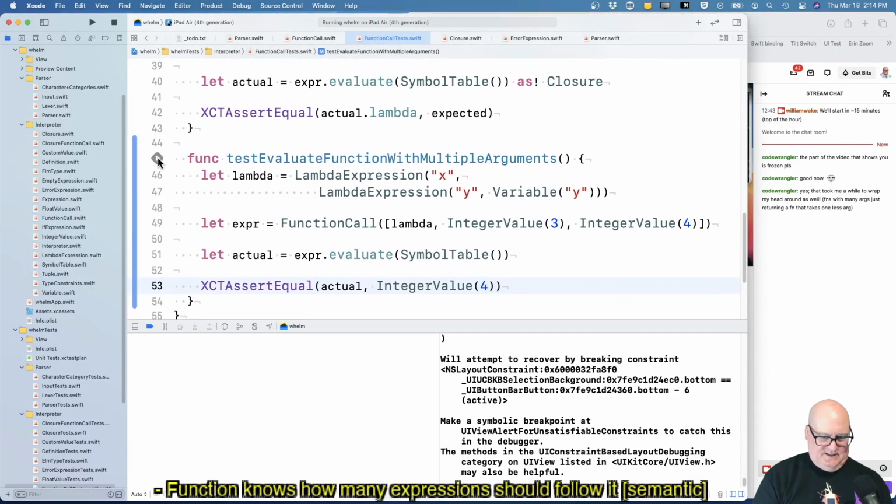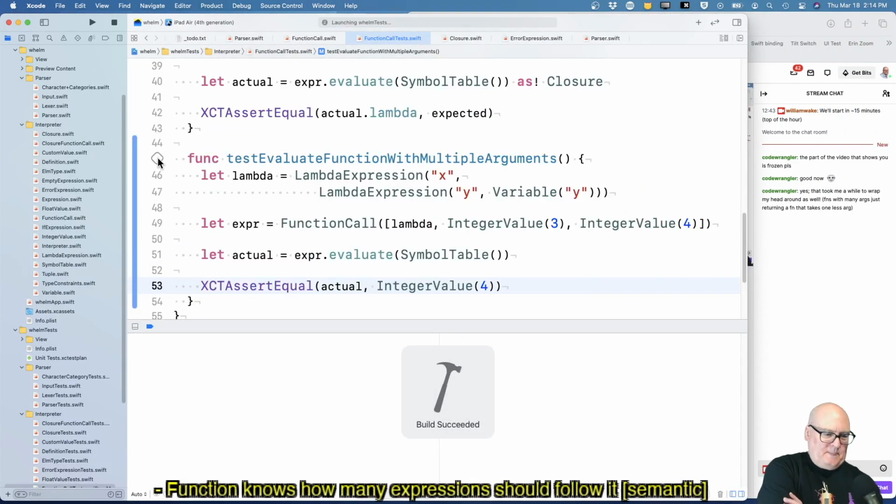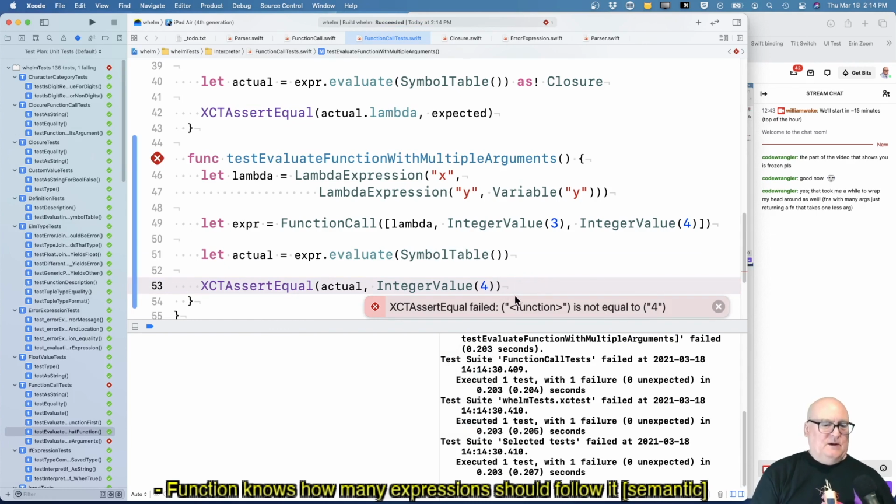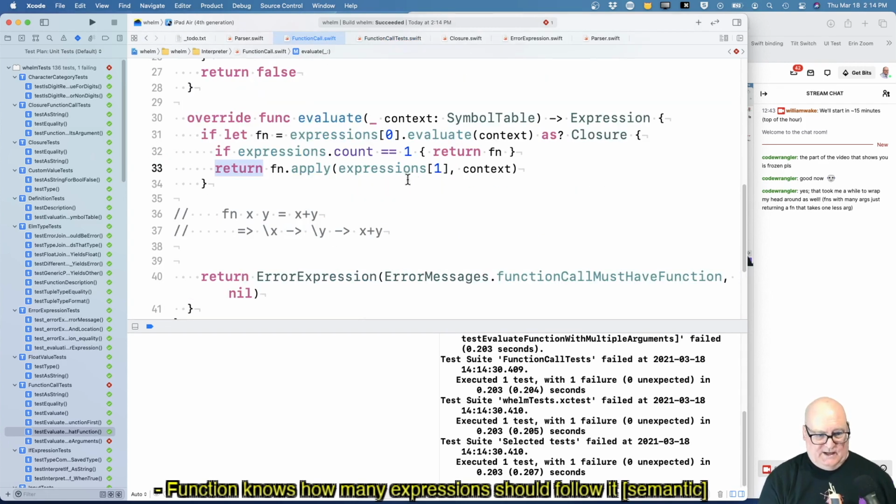All right, and so I'll just run the one test. Failed. Function is not equal to 4. So in our REPL, we saw it came back with function and it's not equal to 4. And I think the function is we evaluated the first x with 3, we got back a lambda expression, and we just returned it. We didn't try to keep evaluating. So what I think has to happen here,